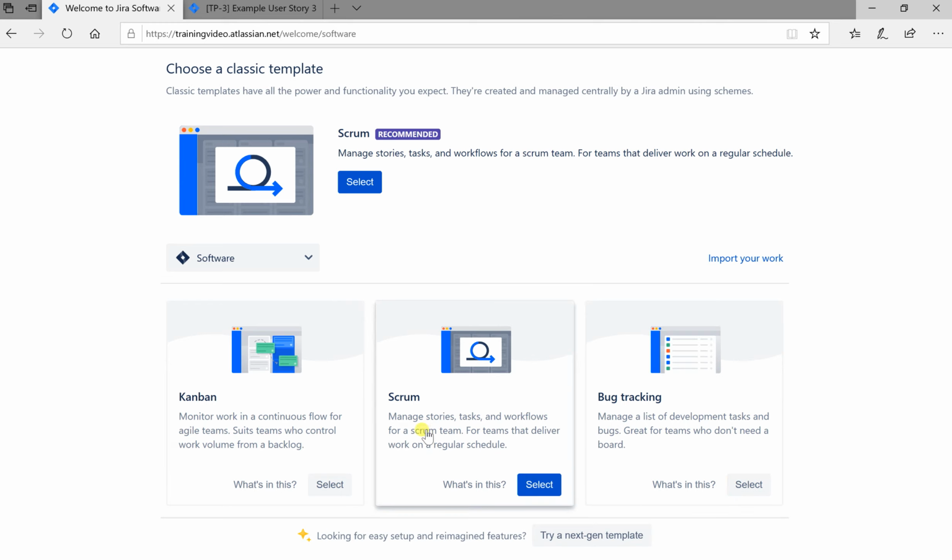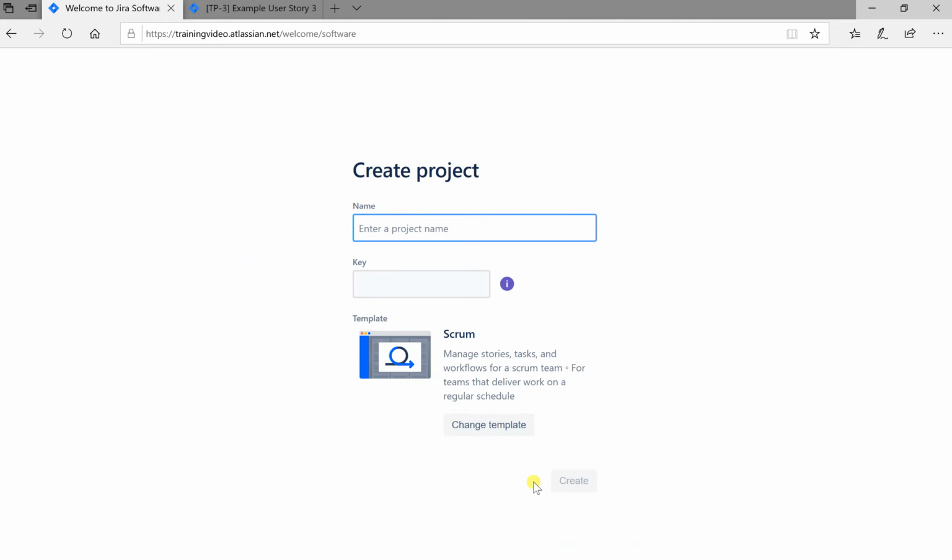So now here we have different options, like I want to create a Kanban board, a Scrum board, a bug tracking system. So I will select that I want to have a Scrum board created. Now